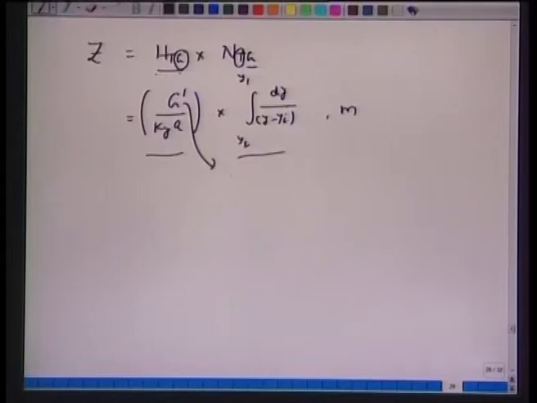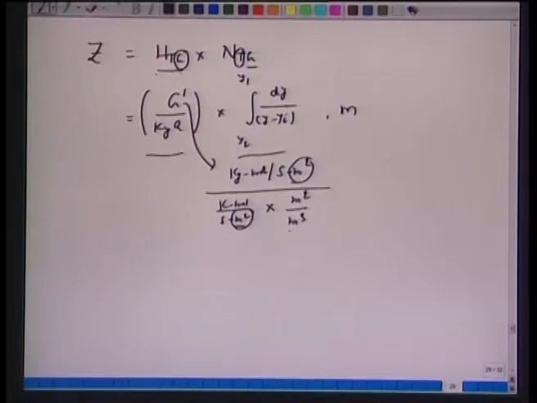This G prime is in kilomole or kg per second per meter square cross sectional area, and we have this k_y, which is also kilomole per second per meter square of interfacial area. So, this interfacial area is per meter square cross sectional area, but we have a, which is meter square per cubic meter of your packed bed column. So, from here it is easy to show that you obtain the unit of meter, which is the height of the column, and N_tG is dimensionless.